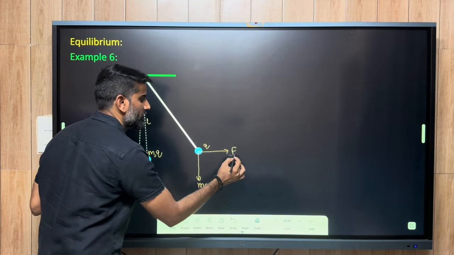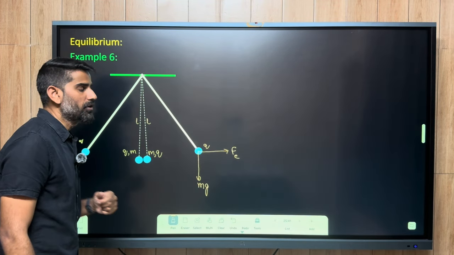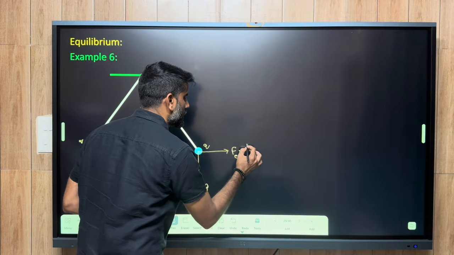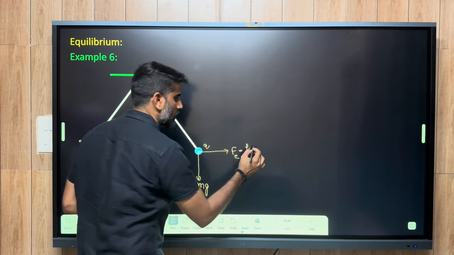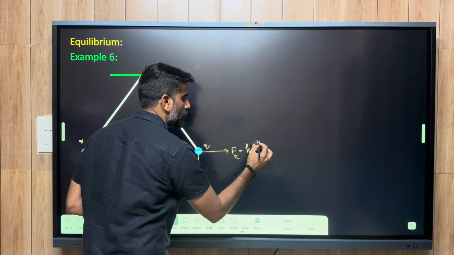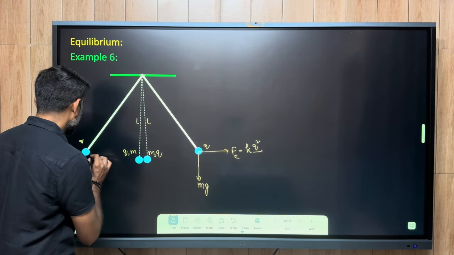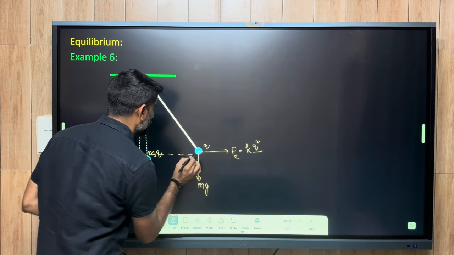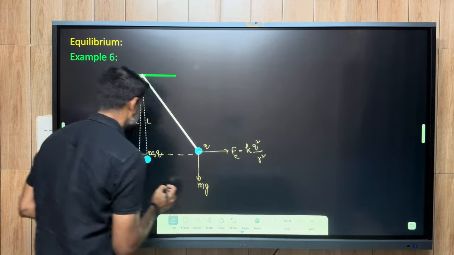This is the electric force, Fe, which is equal to Coulomb's constant K, Q1 Q2 by